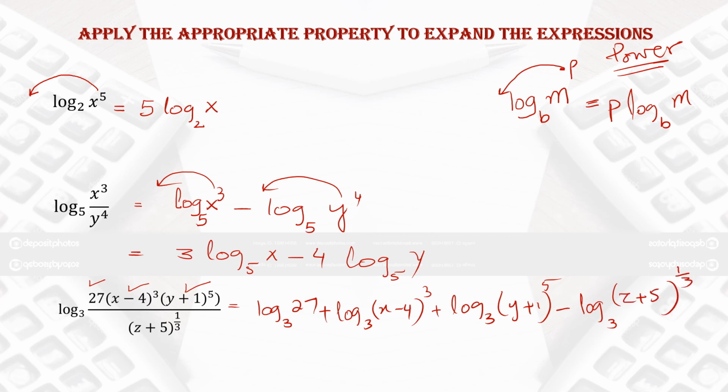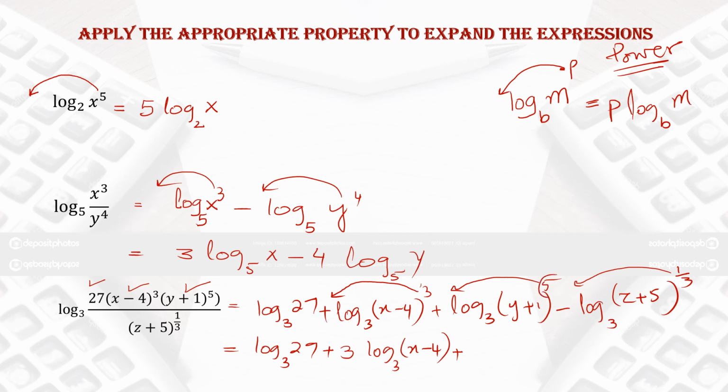power 1 over 3. Now, what is the common mistake? That when you expand it, you forget somewhere to write the log. So that becomes an error. Now, if you have any power, bring it before the log of the same term. Okay. So whatever is in the power, you have to write it beside the log. So the first term doesn't have the power. So you just write log base 3 of 27. They are not asking us to solve it. That's why you are only expanding them. Okay, now cube is in the power. So bring the 3 before the log and write the remaining thing as it is.